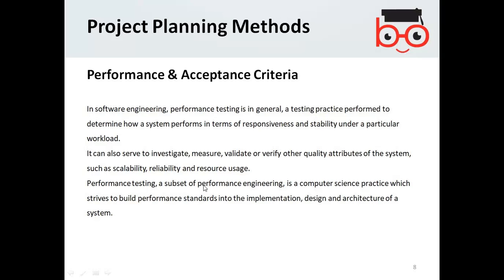Performance testing, a subset of performance engineering, is a computer science practice which strives to build performance standards into the implementation, design, and architectures of the system. So performance is basically carried out at certain standards.